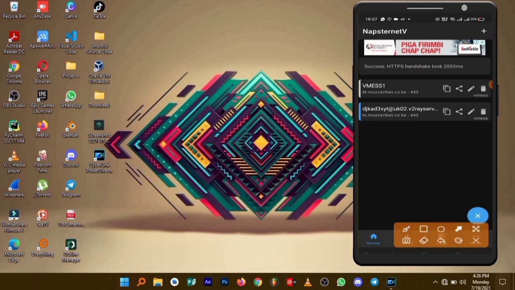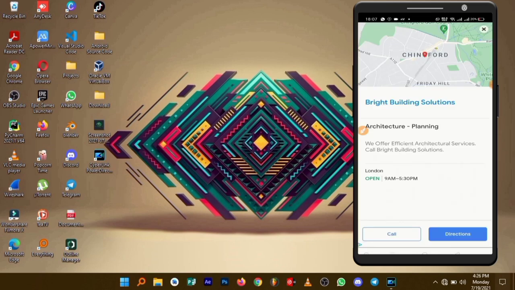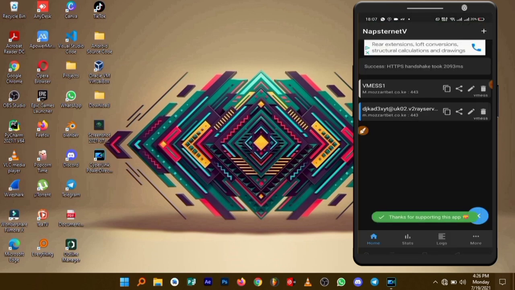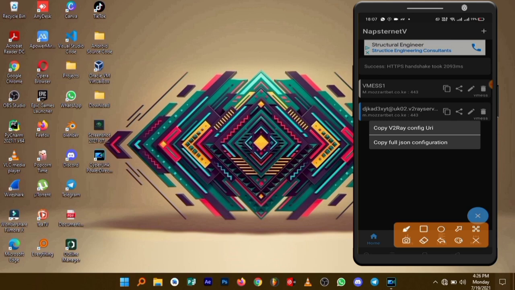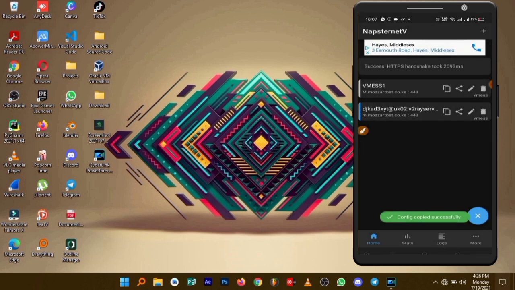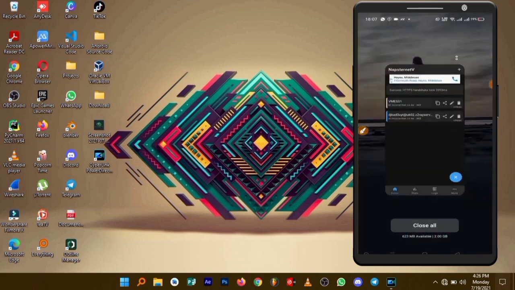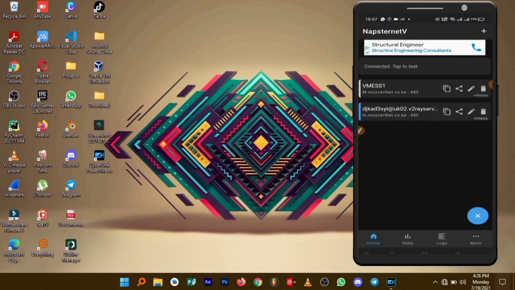So now disconnect and copy it. The copy button, the two squares. Okay, close the ad. Click on copy and copy the JSON, not the V2. Copy the JSON. Now go back to your HTTP Custom app.